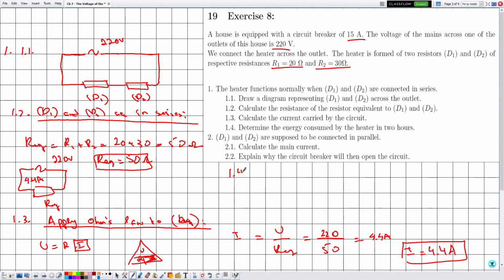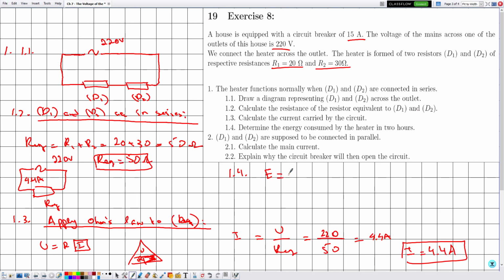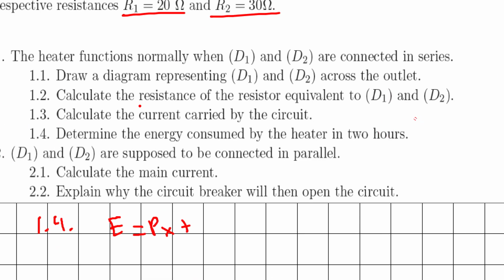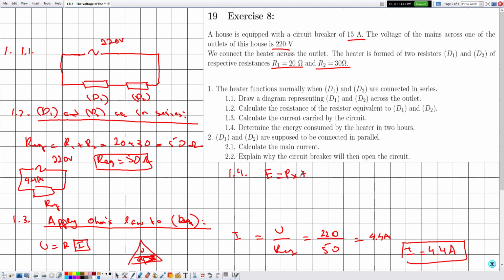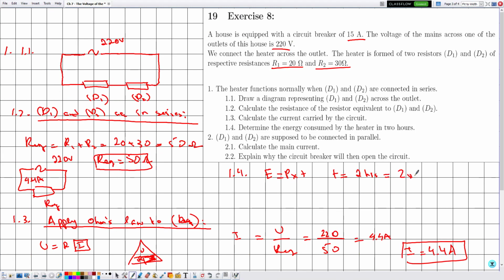Now in 1.4 they are telling us determine the energy consumed in the heater in 2 hours. So we know that the energy is given by E is equal to P multiplied by T. Now here, previously all the energies that we have calculated were in kilowatt hour, here they didn't specify the unit of energy. We know that the SI unit of energy is given by joules. Now the time, which is equal to 2 hours, knowing that in order to convert from hours to second we need to multiply by 3600, then 2 multiplied by 3600 is equal to